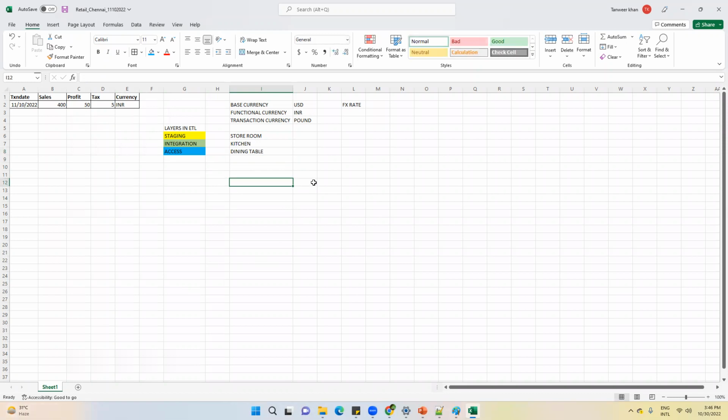What does access actually mean? I will tell you all these things. Now forget about ETL and the data and all those things. Suppose I went for shopping today, Sunday.